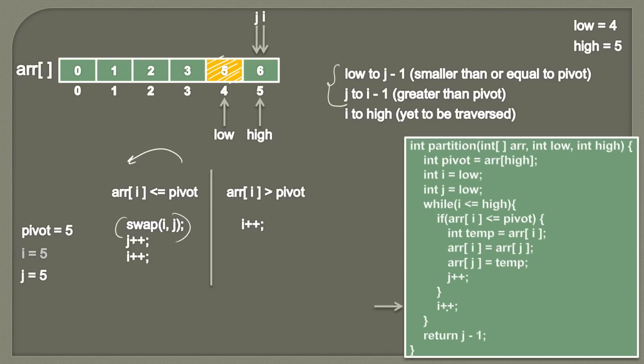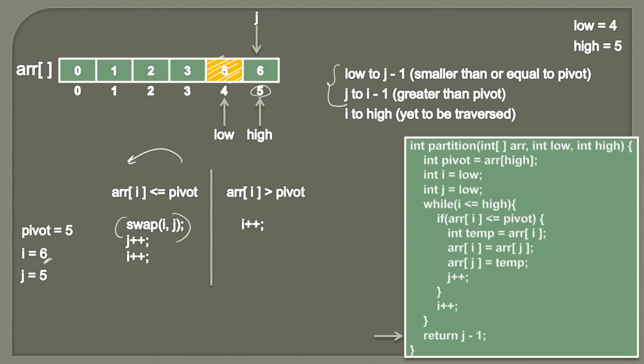And then we increment I. So now this while loop condition comes out to be false because value of I is 6 and high is 5. So we simply return the pivot index which is at j minus 1. So j minus 1, which is the 4th index. So we return 4 from this partition method, and we have also reordered the array in such a way that